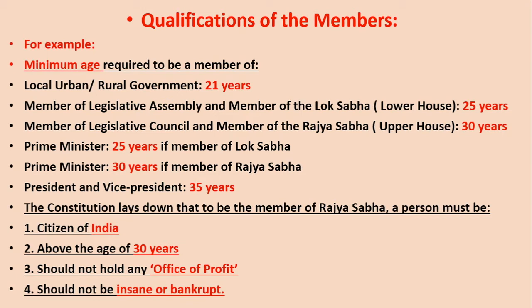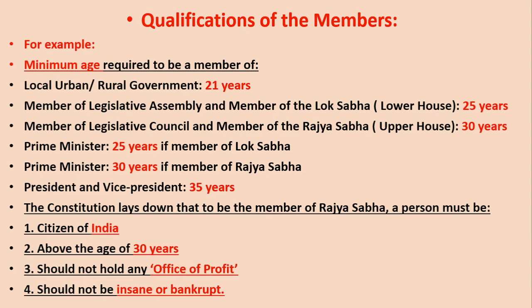Okay, and if the prime minister is member of Lok Sabha, he should be not less than 25 years. But if a prime minister is a member of Rajya Sabha, then his age should not be less than 30 years. It depends from which house he is. Already we have had 3 prime ministers who were members of Rajya Sabha. Otherwise, in routine, the prime ministers are from the Lok Sabha. But there were 3 prime ministers of India who were members of Rajya Sabha. I will discuss it later in today's topic only, who were those 3 prime ministers.